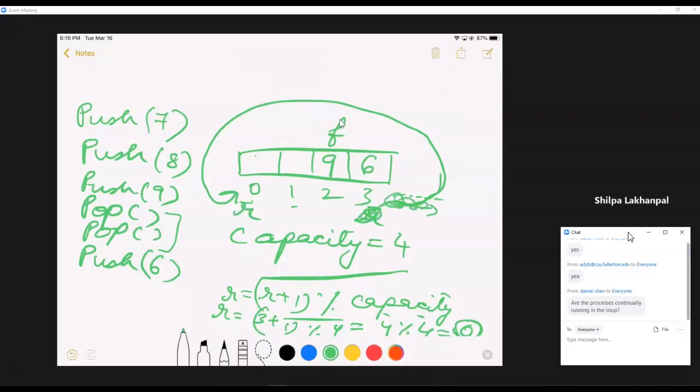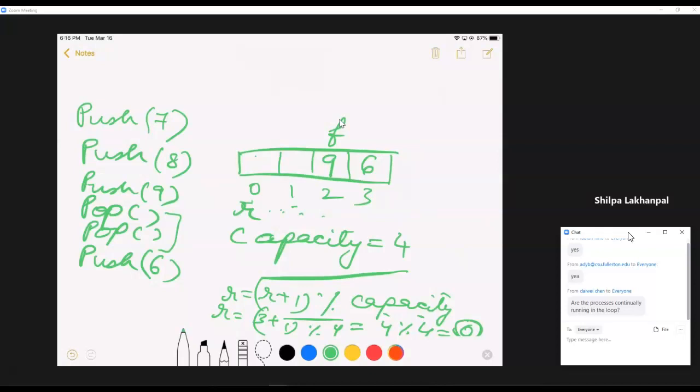To be able for the R to circle back, we always have R is equal to R plus 1 mod capacity. For any other location, anywhere in here, R is equal to R plus 1 mod capacity would not have any effect. It will technically always just work like R is equal to R plus 1.